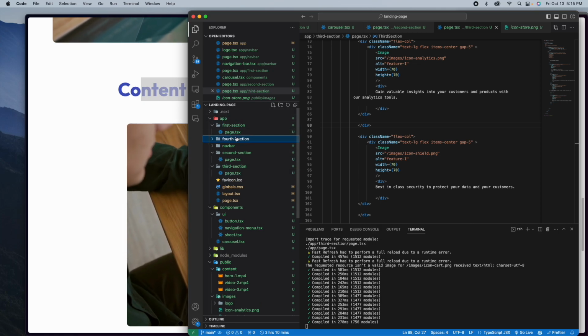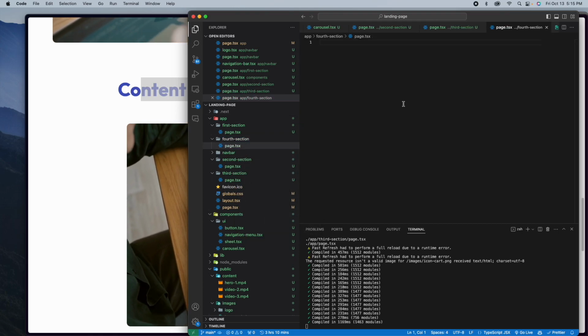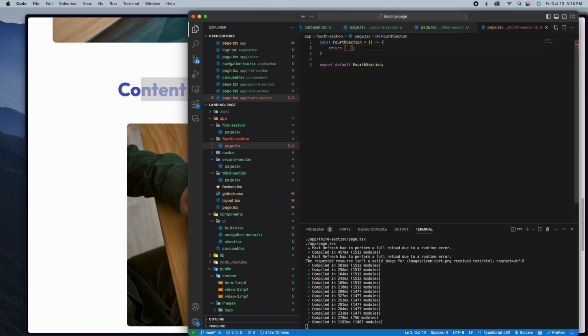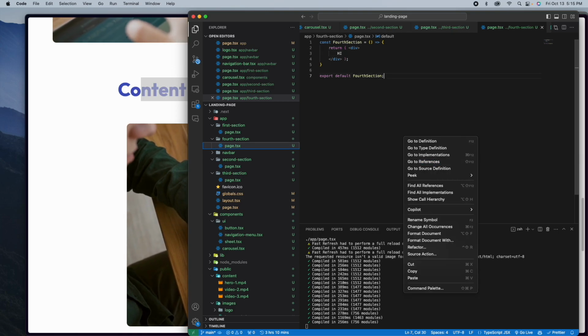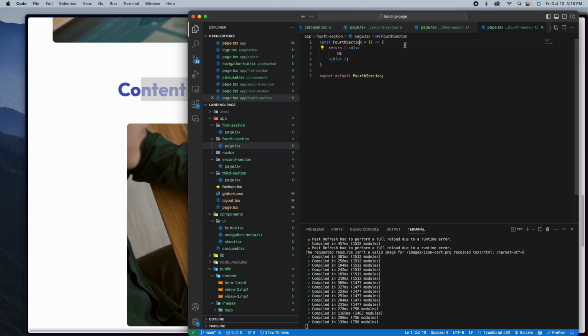dash section. Let's create a new one called page.tsx. And then we're going to go ahead and we're going to say sfc. And then we're going to say fourth section like this. Div. And then we're going to say hi. Fantastic. Okay, cool. So let's go ahead and we can immediately just jump into this one right away because it's